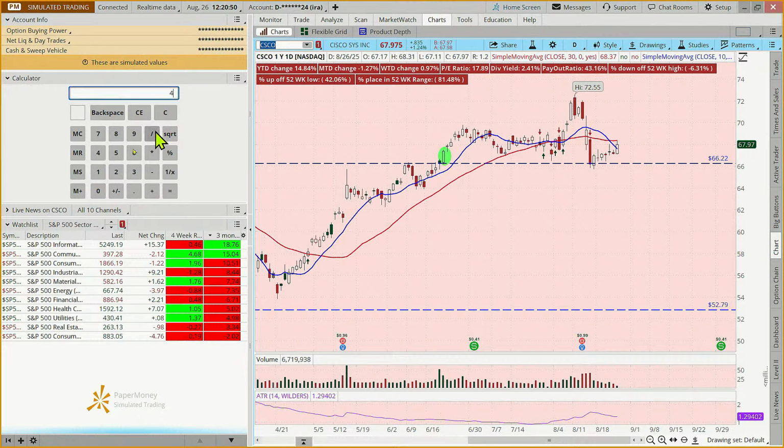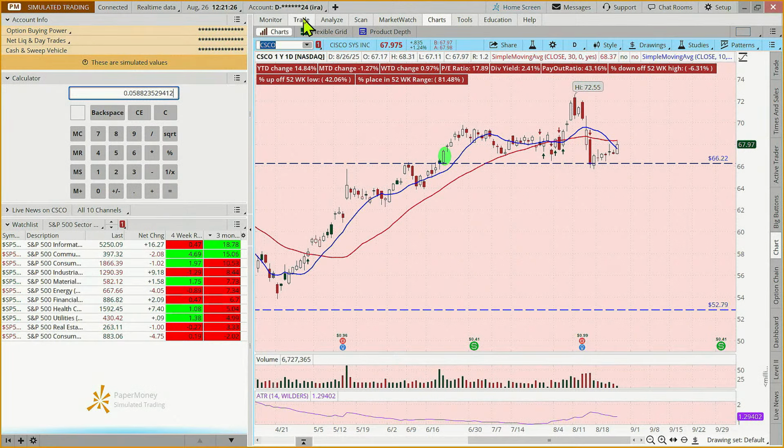But if you take 4 divided by 68, that's a 5.88% return for, you know, how long might we be in this trade? Who knows? Now we could end up losing, so we're going to put a stop in place. It doesn't guarantee that we'll get out at exactly that price. How long might it take? It might never get there, and it might get there in 2 weeks. So who knows? It went from here to there in like 4 or 5 days, 1, 2, 3, 4 days.